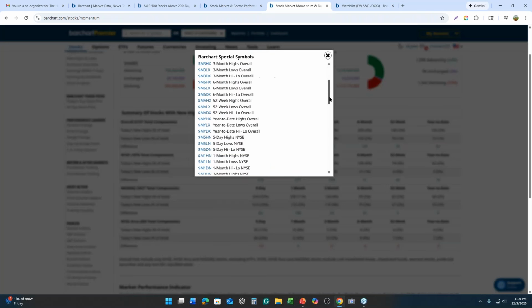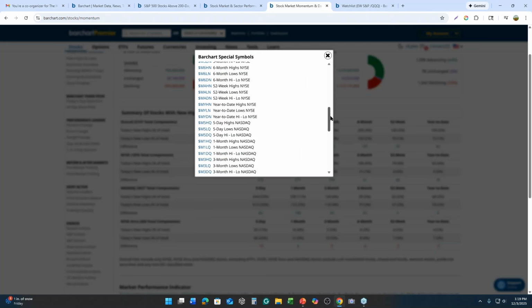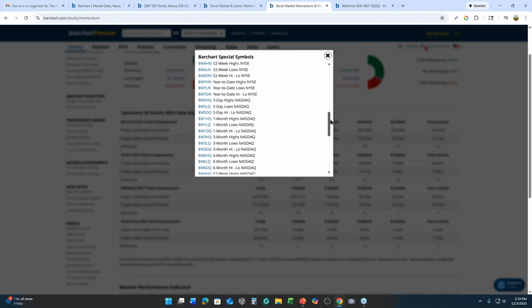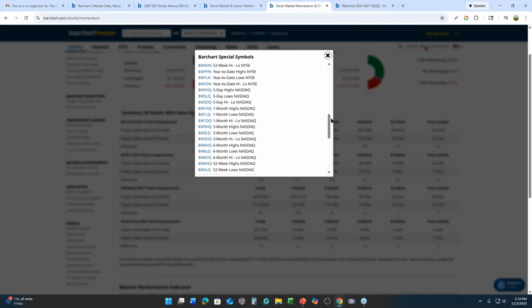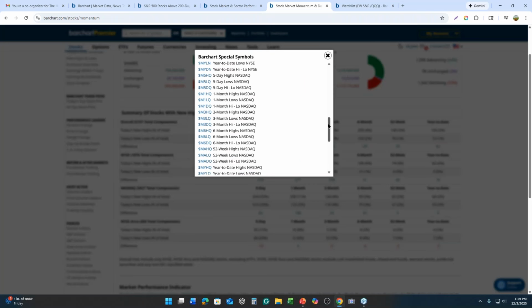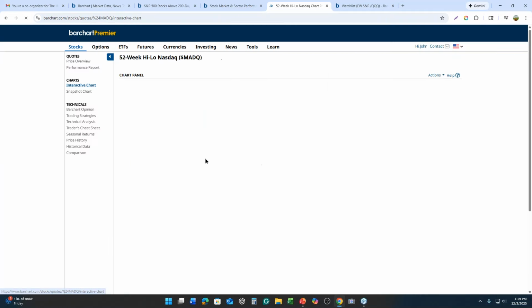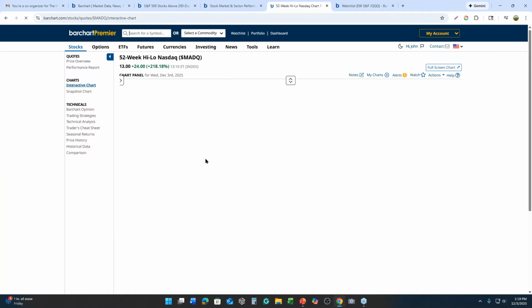Overall, NYSE, NASDAQ. And the NASDAQ is kind of in the headlines, right? What's going on with all these AI stocks. So let's go down and look at this special symbol, 52-week highs minus the lows. Again, what we want to see is what is the trend? What has been going on with this particular